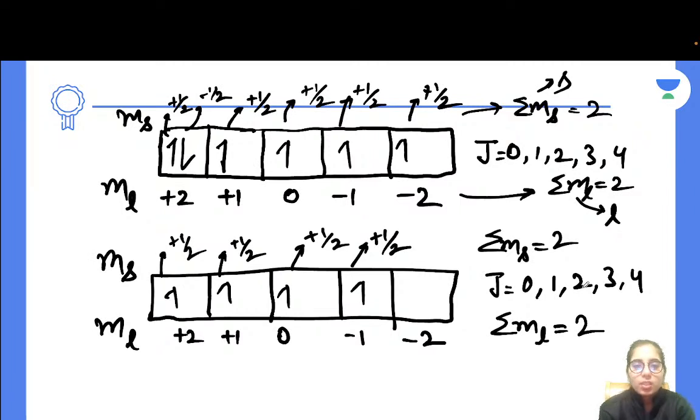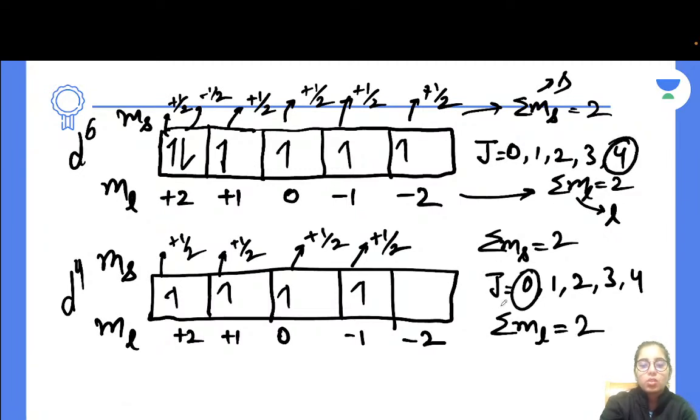Now the next thing: that's going to be 2S plus 1 L J, which is the spectroscopic term notation. This was d6, which is more than half filled. This is d4, which is less than half filled. So the lowest J value for the second case gives you the lowest energy, and for the above one, d6, the largest J value will give you the lowest energy. So this J value will have the lowest energy corresponding to it.